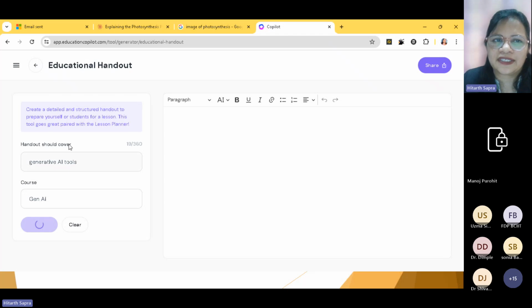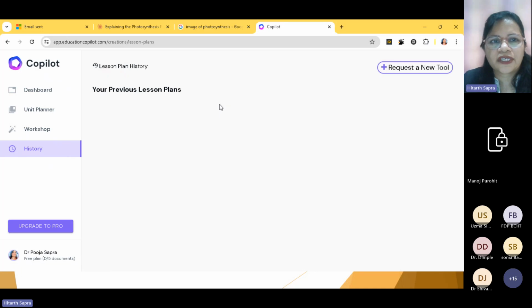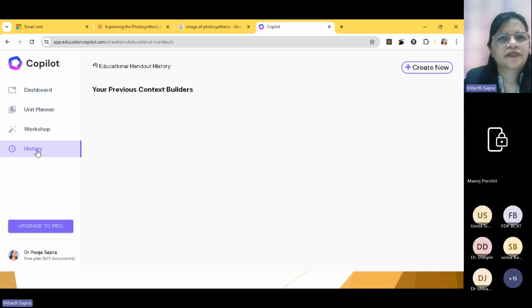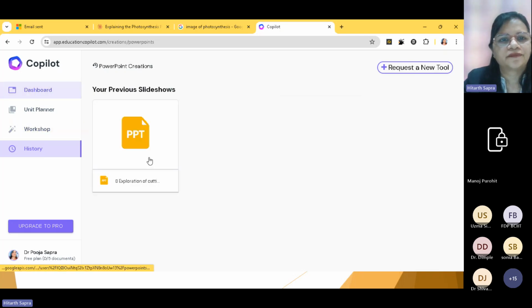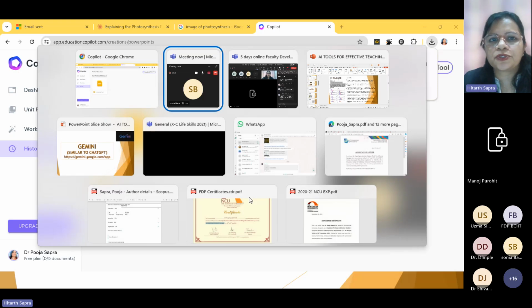It is a bit slow for us because this is a total educational kit and it is free to us, right? So it takes time. Otherwise, I'll be giving you the substitute for each tool of this Microsoft Copilot, and that tool would be something else. So just log in and then we can move to the next tool. Give you a query. What I have already done, if not in lesson plan, I did something here. See, this PPT I generated from Copilot, but it took a lot of time to complete, right? So just give a prompt on Copilot, and parallelly we can start working on the next tool,